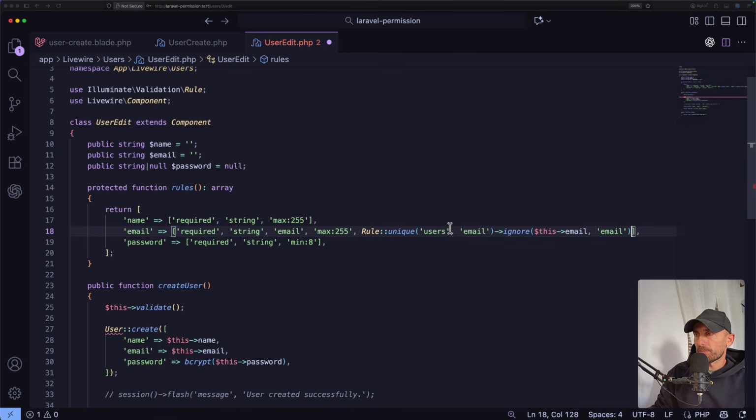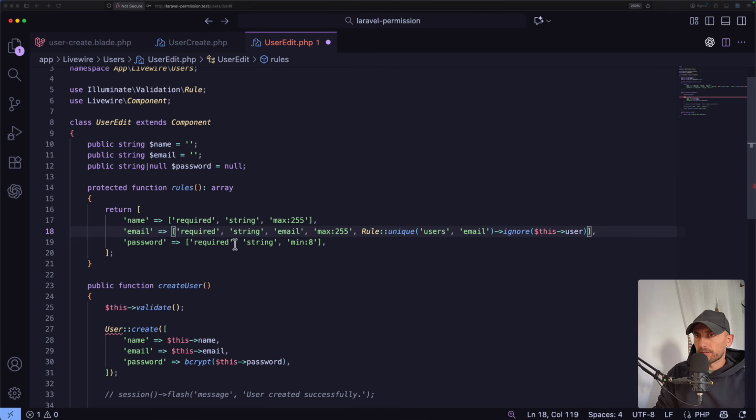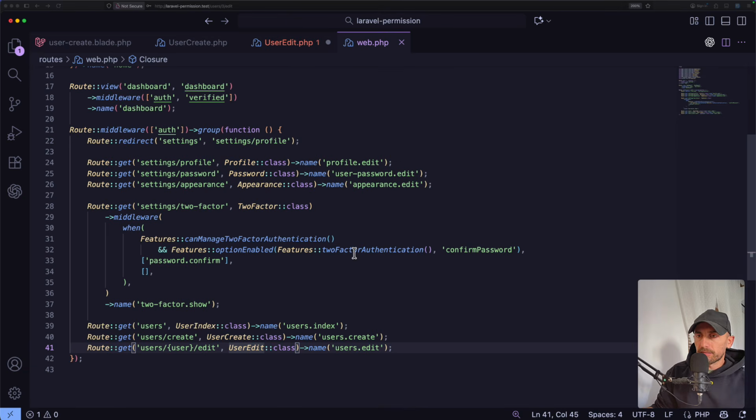It's going to be unique to the user's email. Ignore this user. Okay, password is going to be not required now because we can leave it empty and just update the name and the email. So it's going to be sometimes. Then it's going to be string, but also this is going to be nullable. And then just let me open the web routes, because here, yeah, we use the route model